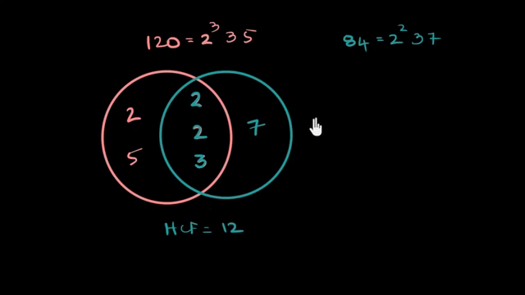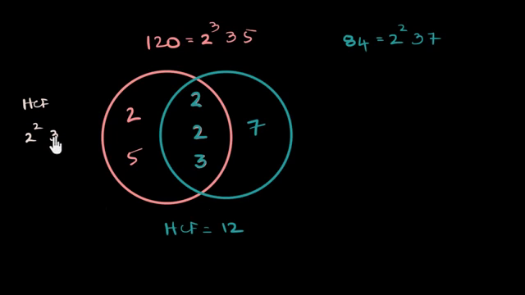Now you have a really good picture for why taking all the common factors and multiplying them all together gives us the HCF. But the best part is that now you can relate this to all the methods you may be already used to. One of the methods that I was used to is to say the HCF, you should just look at all the prime factors that are common and take their minimum powers. So one factor that's common is 2, minimum power is 2 squared. Another factor that's common is 3, minimum power, in this case both have 1, so both minimum and maximum is just 1. 2 squared into 3 is your HCF, which is exactly 12.